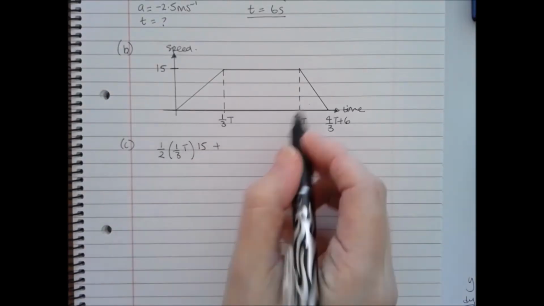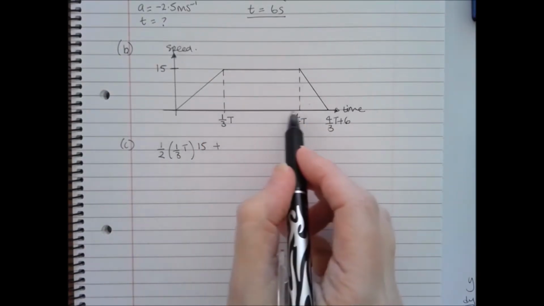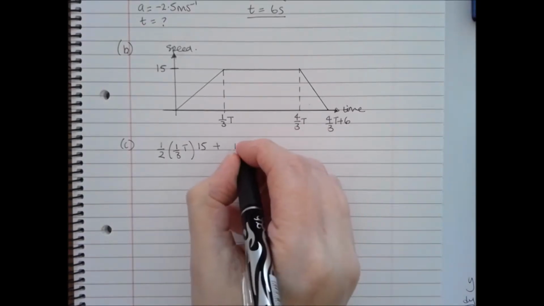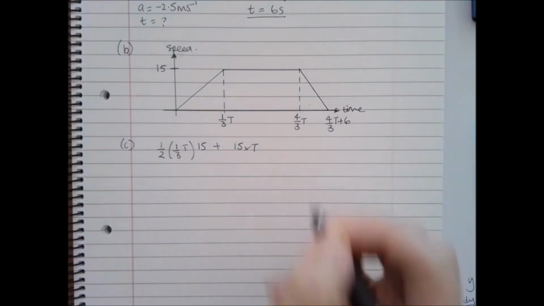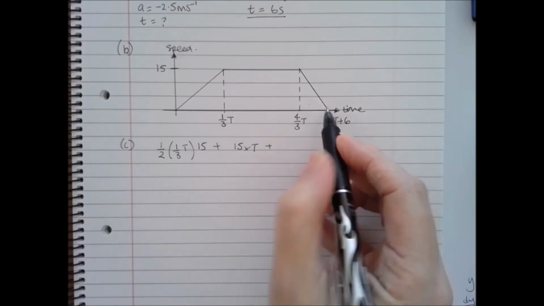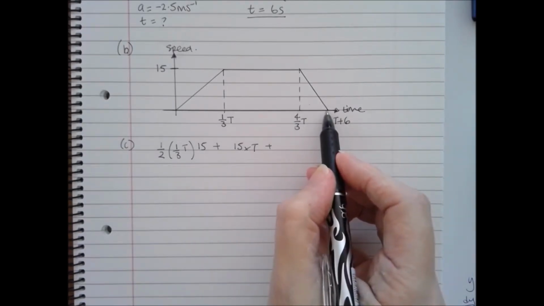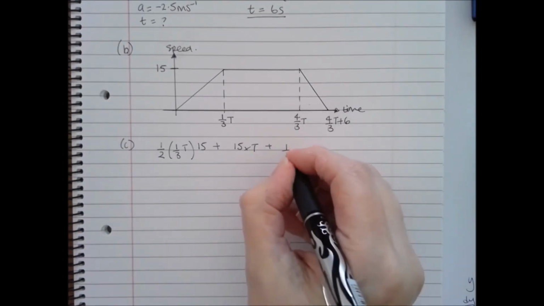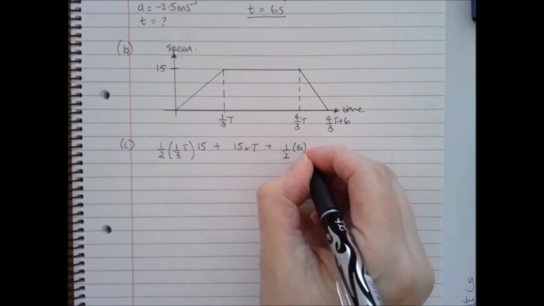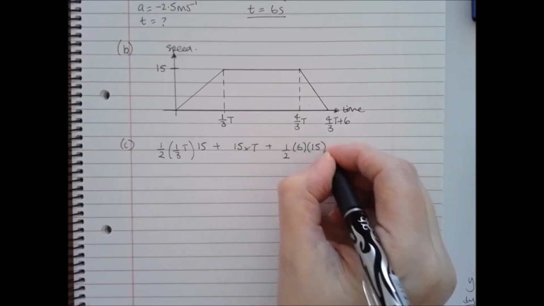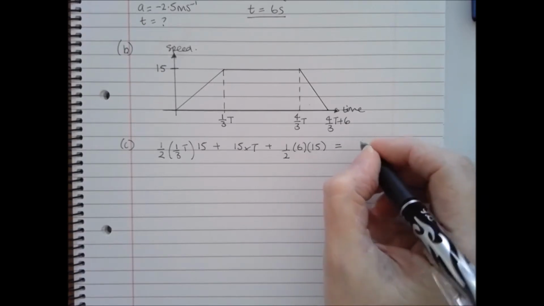Then I've got a rectangle in the middle. I know that the time is t, so this is 15 times t. And then I've got a triangle at the end. I know that this time along the bottom is 6, so I've got a half of 6 multiplied by the height, which is 15, and this is equal to